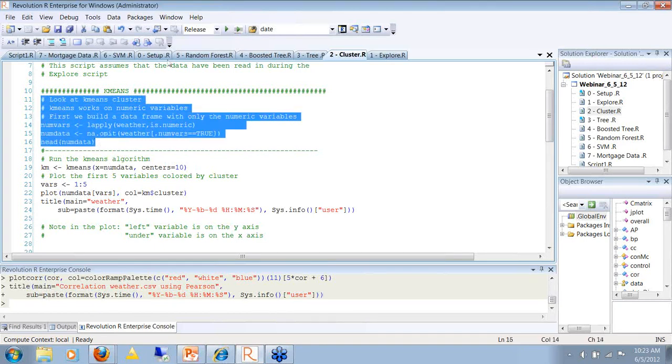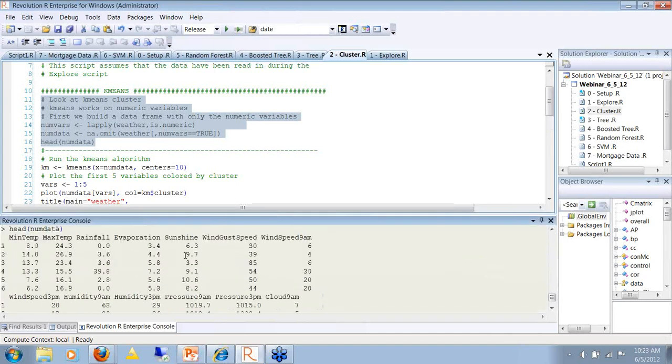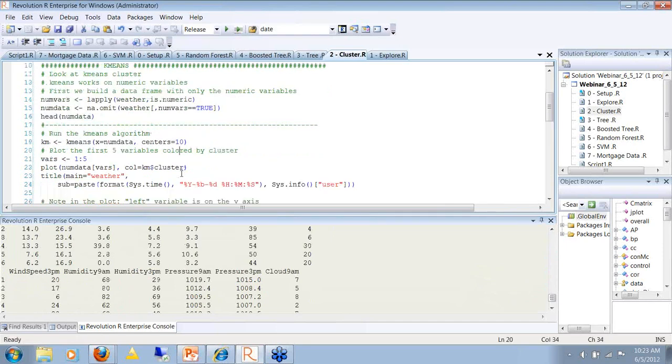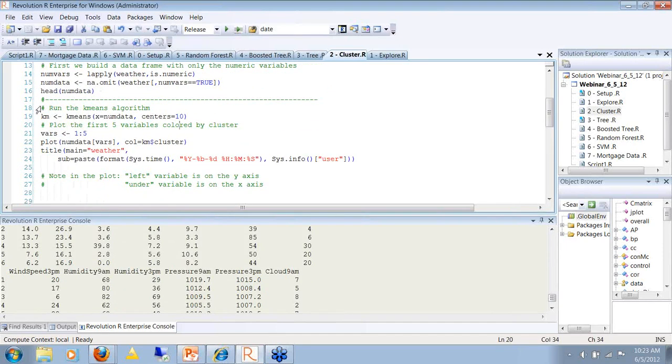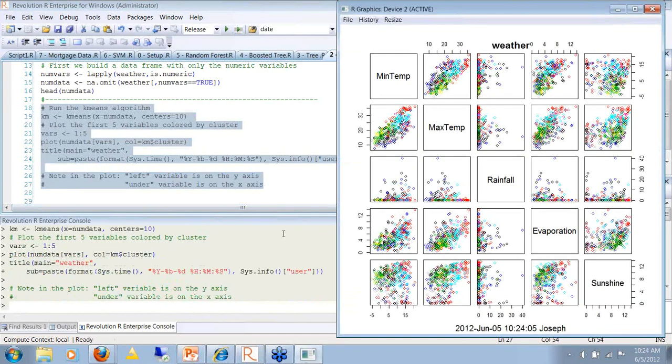So we're going to run that. The head function here is like, you can do heads and tails on a data set, and this just shows you the first few lines of the variables that are included. So let's quickly run the k-means function, and then plot is going to plot the results of that function. And this is kind of nice.